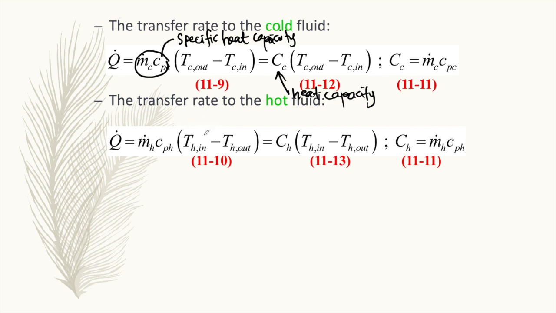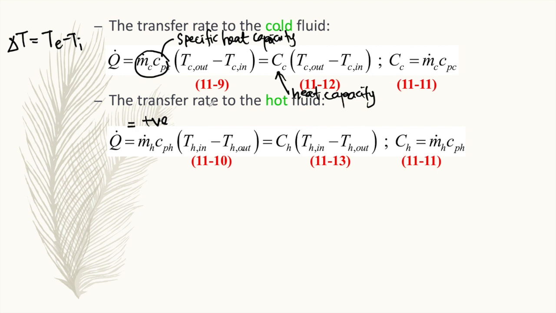Why is this arrangement a little bit different from this? Because previously we know that we calculate the change of temperature equal to T exit minus T inlet. Okay, as you can see here, TH in is always greater than TH out. Therefore, this value Q dot will be a positive value. So this equation shows you the rate of energy being transferred